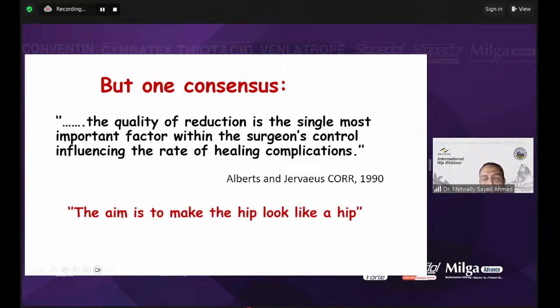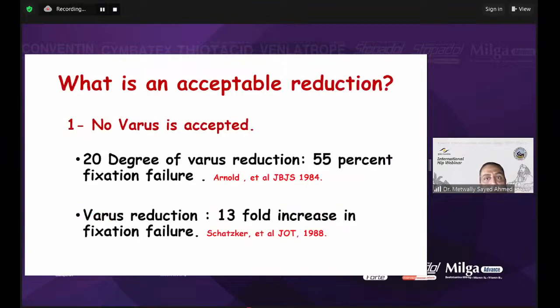The quality of reduction is the single most important factor within the surgeon's control that influences the rate of healing complications. The aim is to make the hip look like a normal hip, which, in fact, is difficult. But in the literature, the answer for this question is not clear. What is an acceptable reduction? Number one, the varus alignment is totally